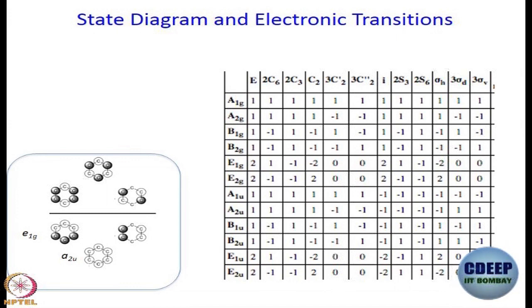So, suppose you call this psi 1 and suppose you call this psi 2, and let us say I number like this, carbon 1, 2, 3, 4, 5, 6, okay. What will psi 1 be? Minus phi 1, no sorry, what did I say? This hollow circle is plus, we said, right. So, psi 1 will be phi 1 plus phi 2 minus phi 3 minus phi 4 minus phi 5 plus phi 6, where phi 1, phi 2 are all p orbitals, pz orbitals of the atoms. Are we clear? Of course, there will be a normalization factor, we can neglect it.